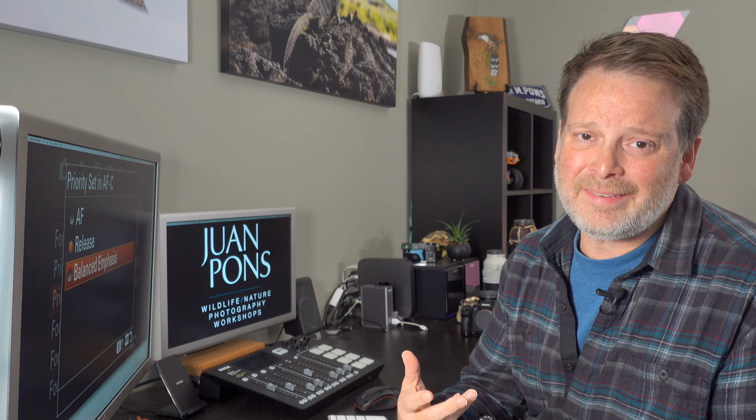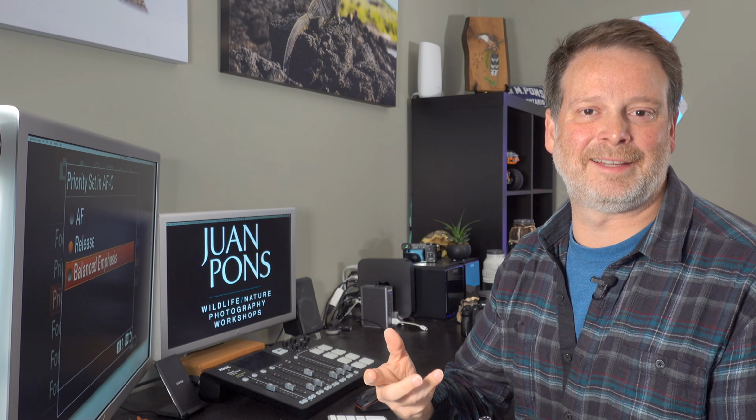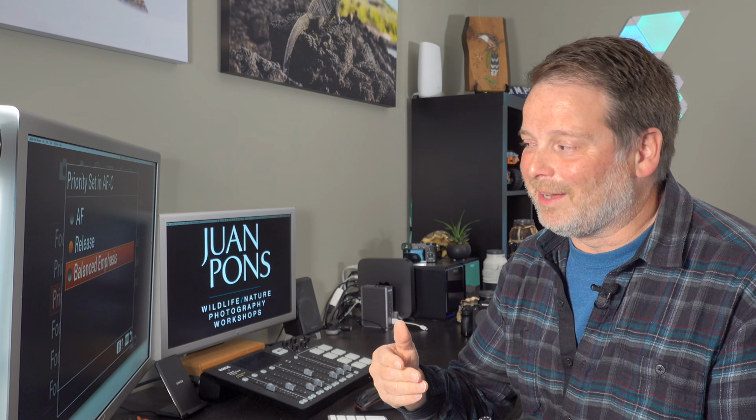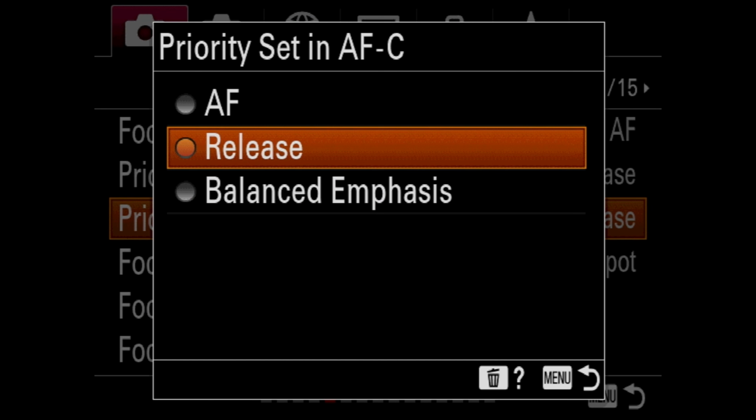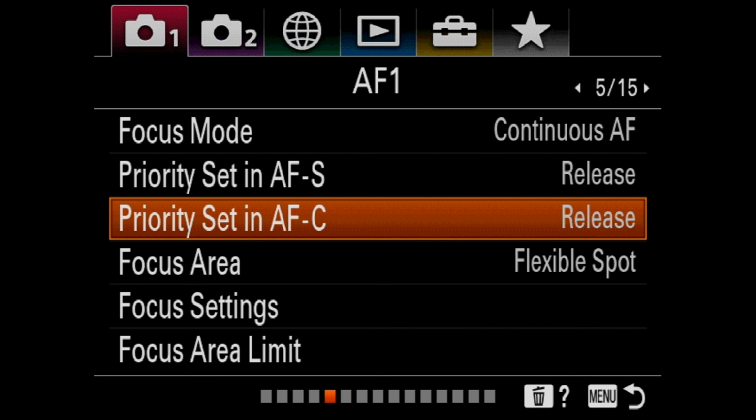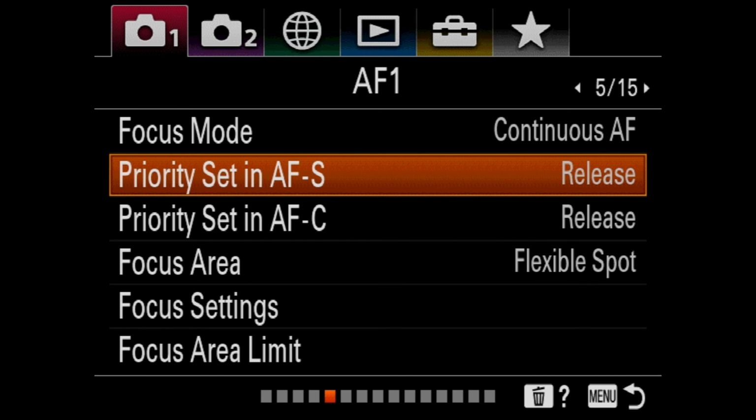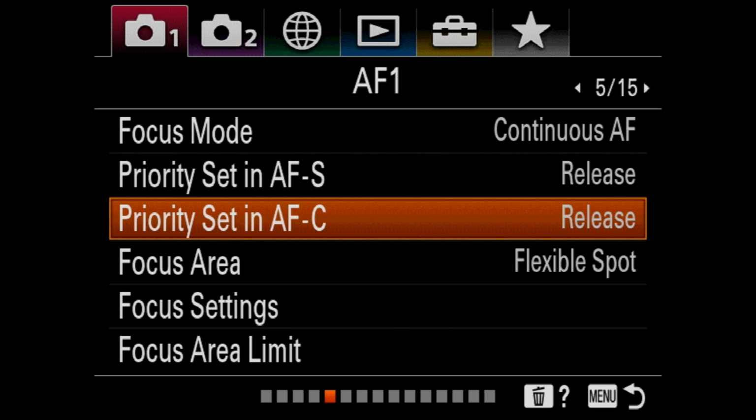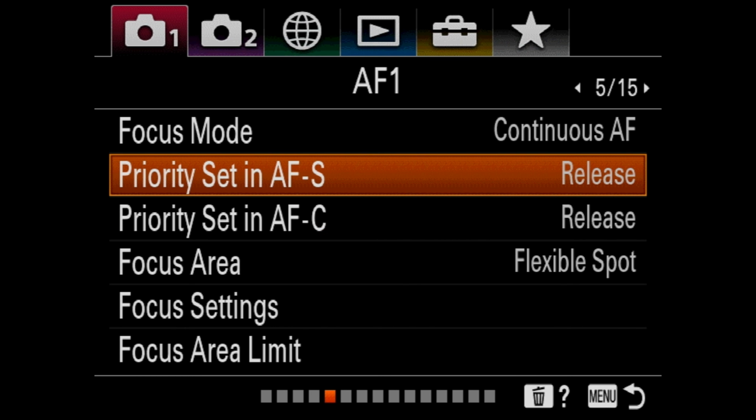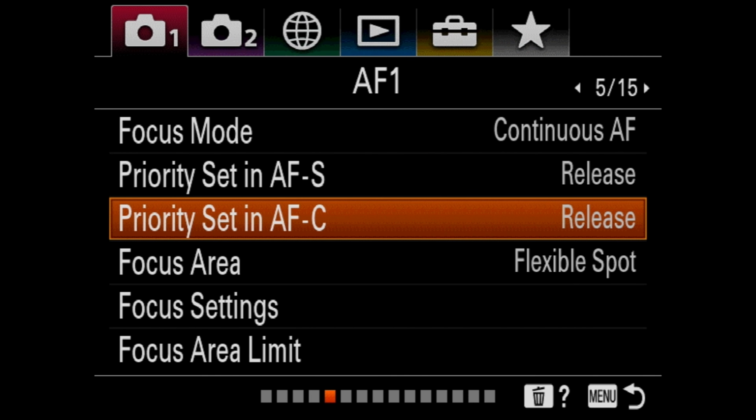And balance emphasis is kind of like a happy medium. The camera decides which kind of mode to go in. So again, I don't want the camera to override my decision to actually take a picture. So I have these two, whether I'm in single mode or continuous mode, set to release. I know some people may set the autofocus single mode to AF so that it won't take a picture, because in single mode you're typically shooting landscapes. When you're shooting in AFC, you're shooting action, wildlife, or action sports. So you want that to be